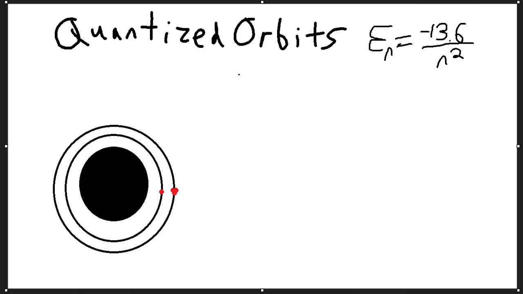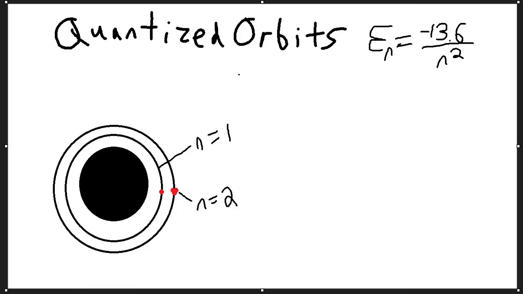So what does this mean? Well, we can see here that this one we'll call n equals 1, and this one n equals 2. Here n is like the energy orbital. You may have seen diagrams like this with the Bohr model in a chemistry class, and it is a quantum model. It's not the most complicated. We might get into more about that later with wave mechanics, but not just yet.